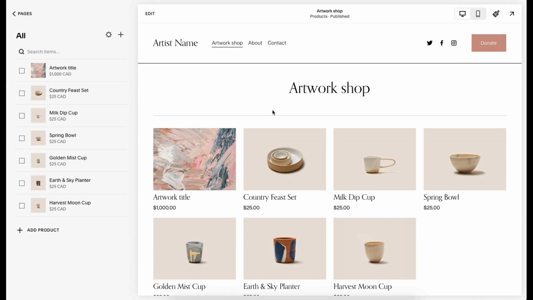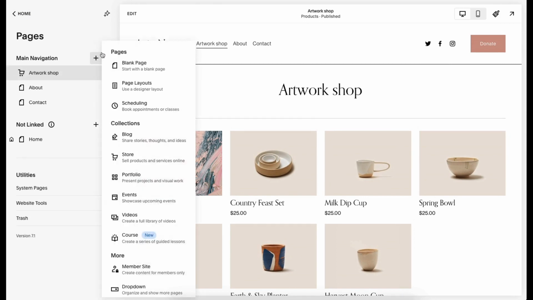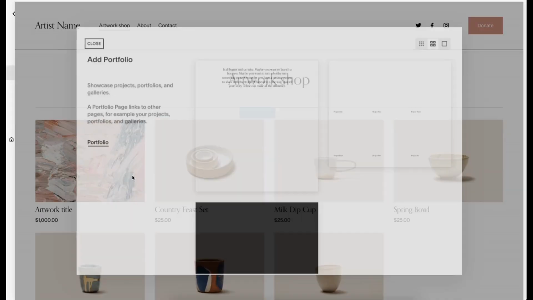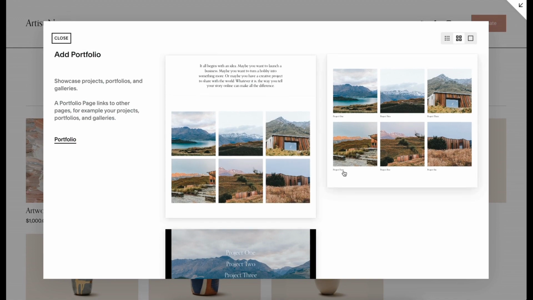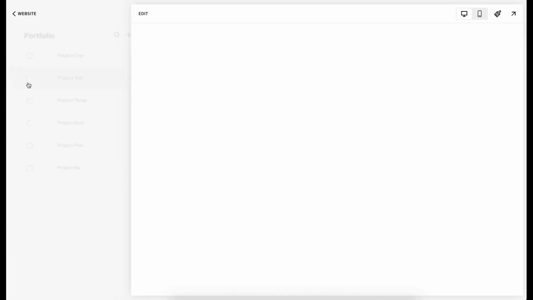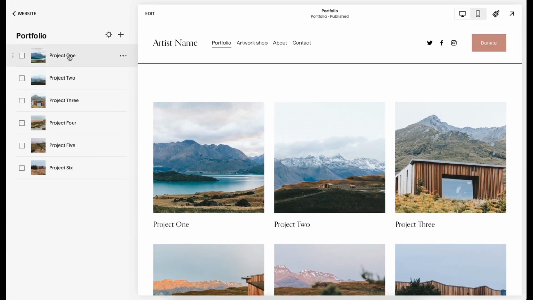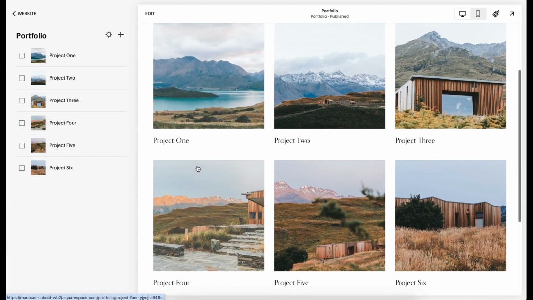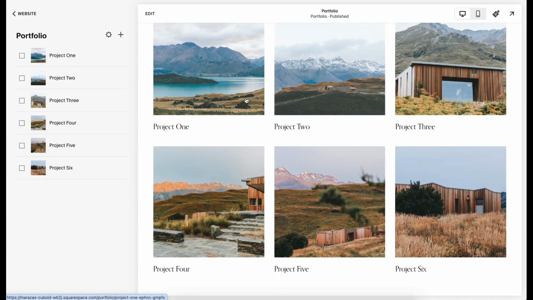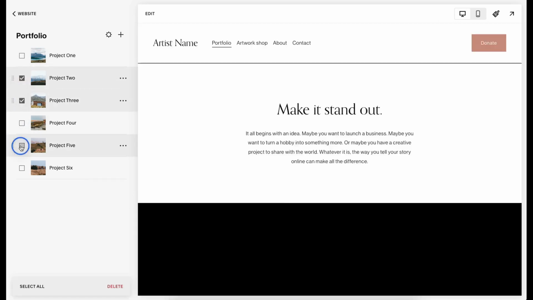This means people can click and buy it. Another way to show your artwork is in a portfolio. So I would use this if my client had a few different series that they wanted to show off. So let's call this one portfolio because it is a portfolio view and it functions really well as a portfolio. So what happens here is that it has different projects listed. So these can represent your different series of artwork. Now I usually like to start with just one,